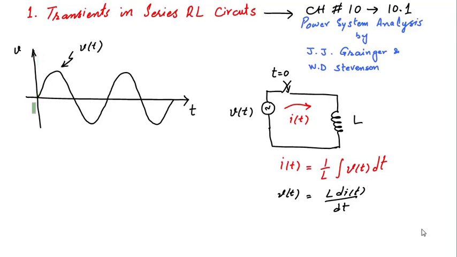Here I want to share my past experience. I had asked this question many times from my student in past. So I gave this simple circuit that an inductor is connected across a voltage source through a switch. When switch closes at time t is equal to 0, this is the voltage waveform applied across the inductor. So what will be the waveform of current?